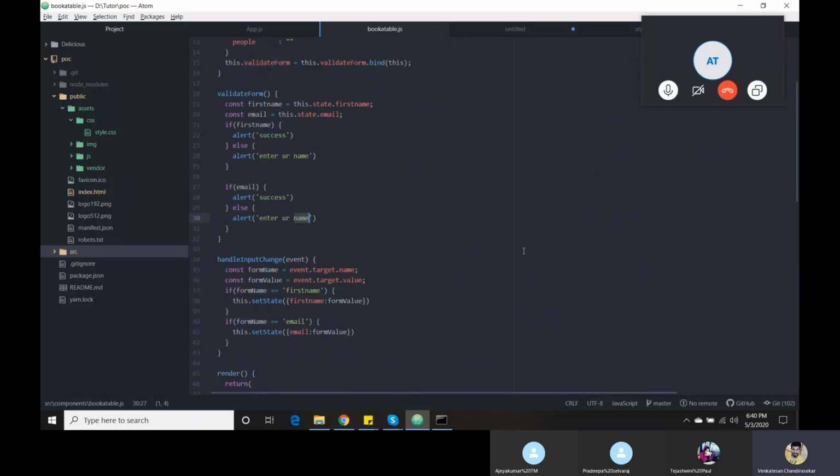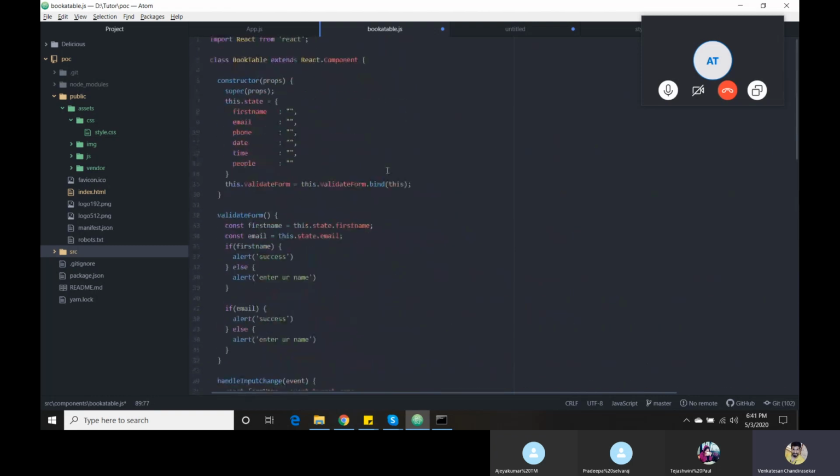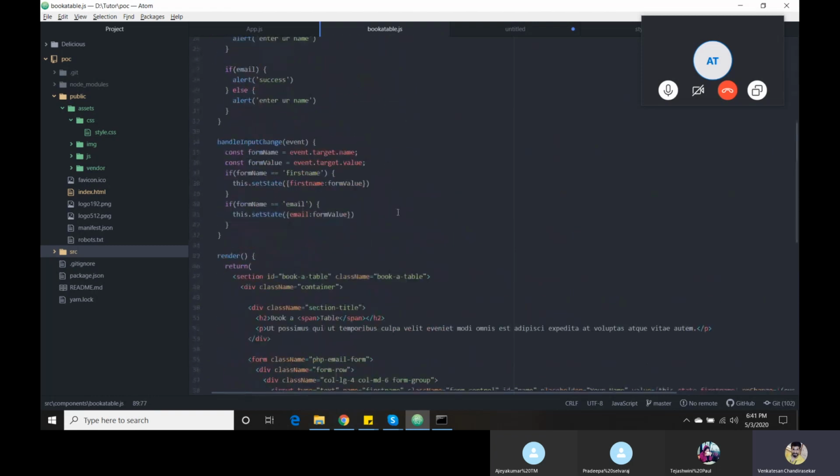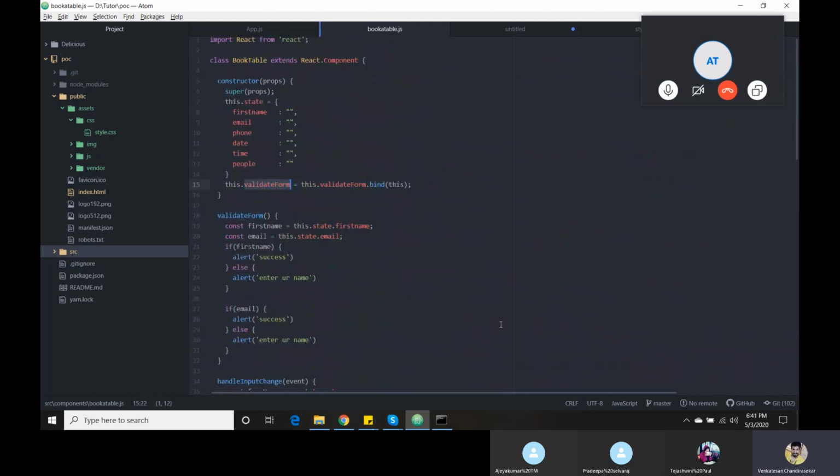The HTML doesn't know where the component's functions are available, that's the reason we need to mention this. If I go with this, it will check the entire component and see that a validate form is available, so we need to go here.